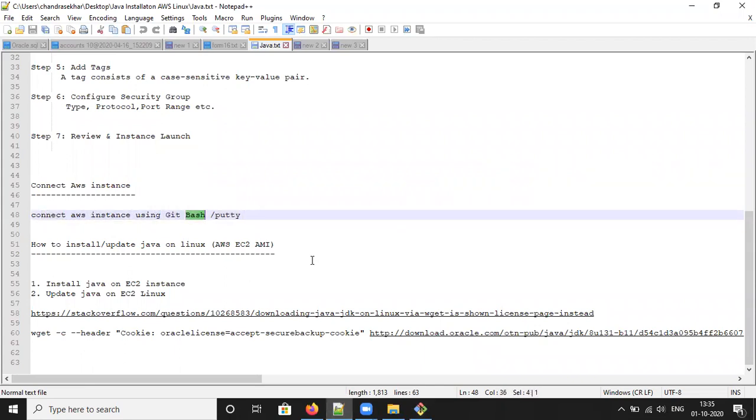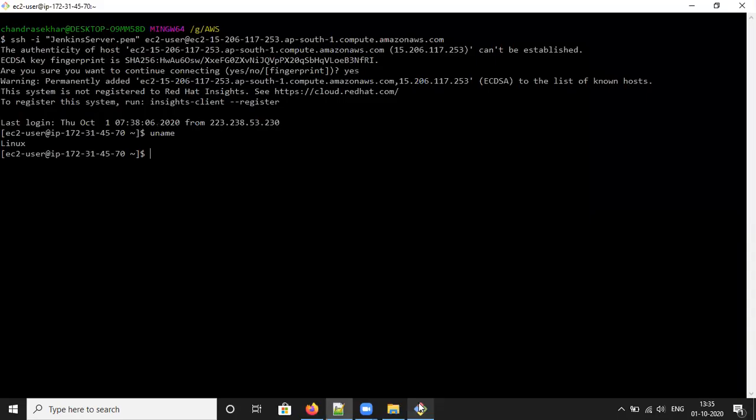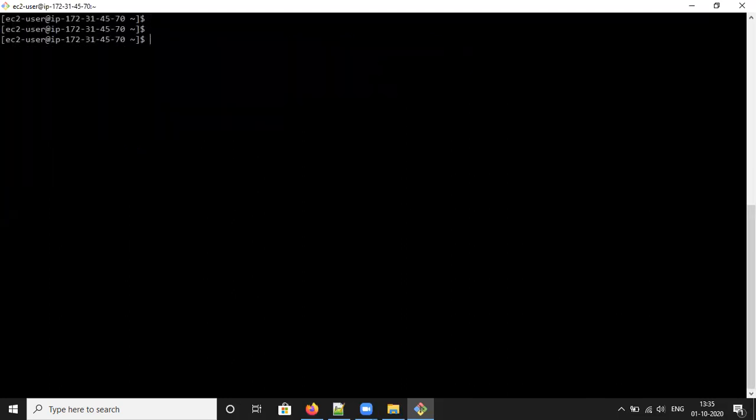Next step, how to install and update Java on Linux. Check the java -version. There is no version available, so JDK is not available in your Linux machine. For that, we have to download and install.